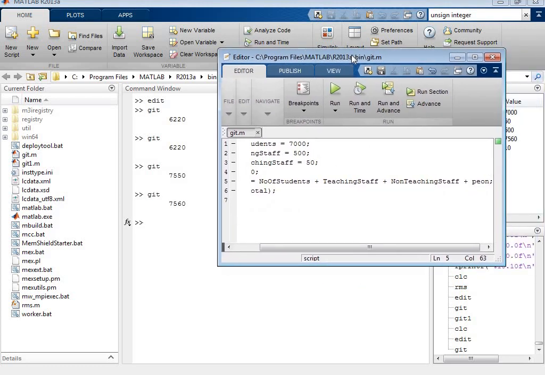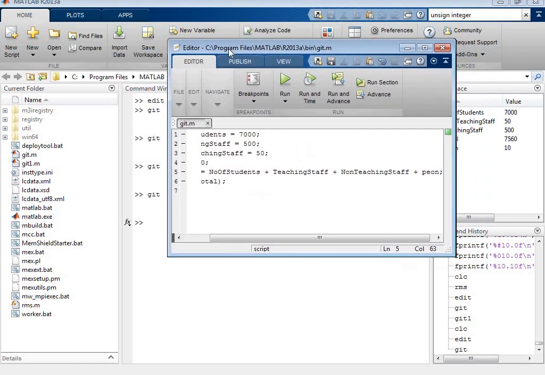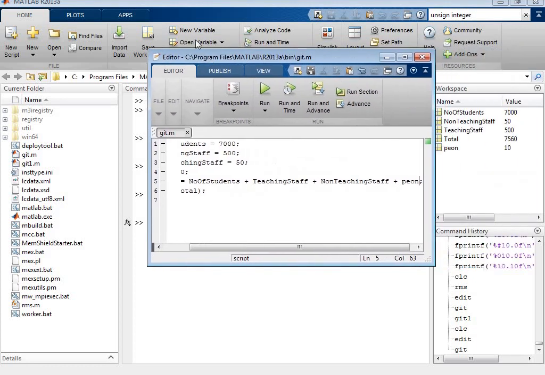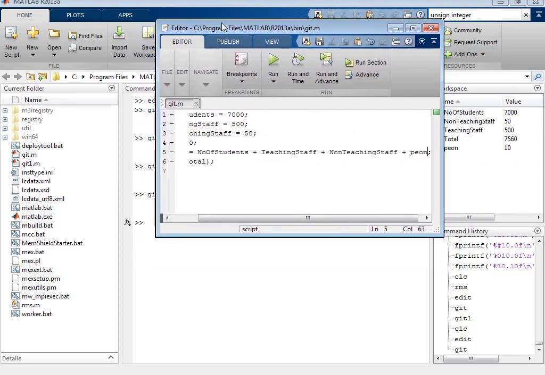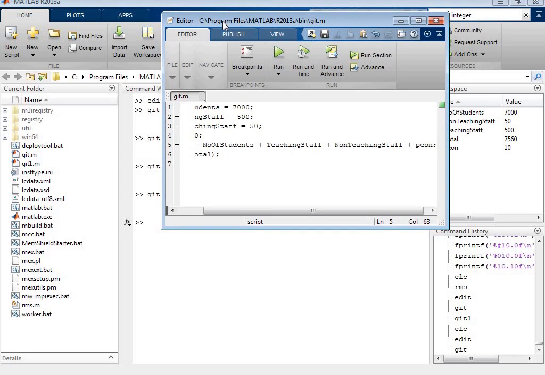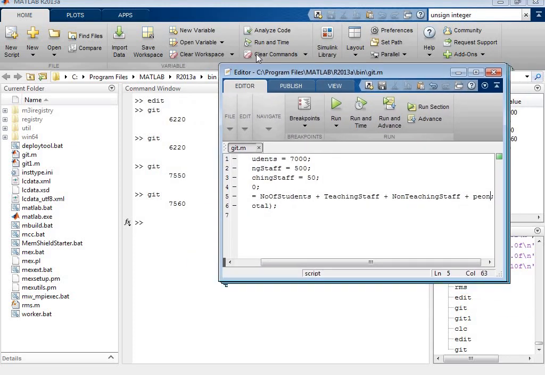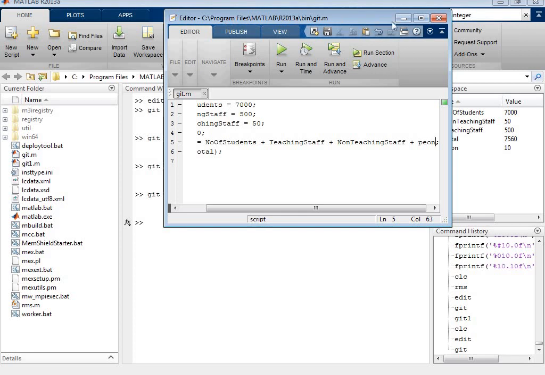It will give you the total answer. So you can edit this particular program in a number of ways. This is the benefit of creating a script and saving the file. It reduces your effort and the number of editing steps. Every time you just have to run or recall this particular file.